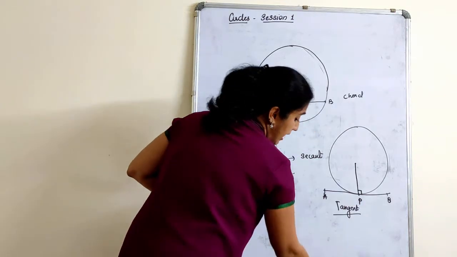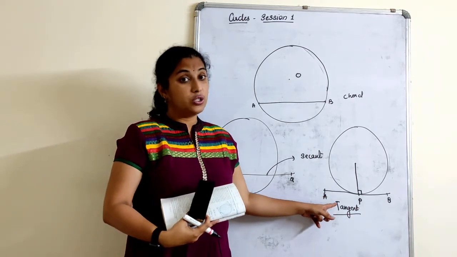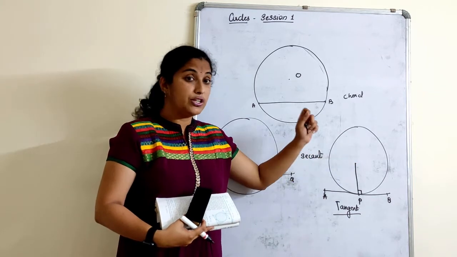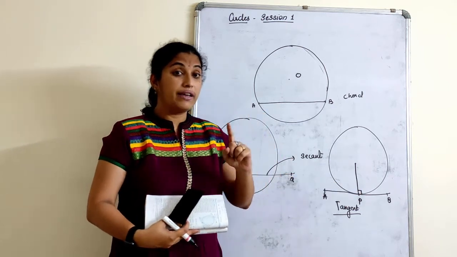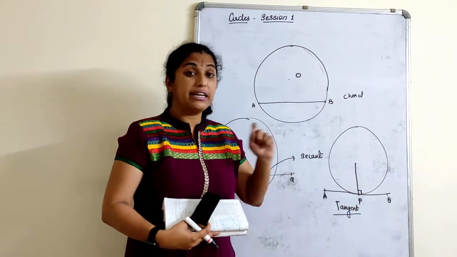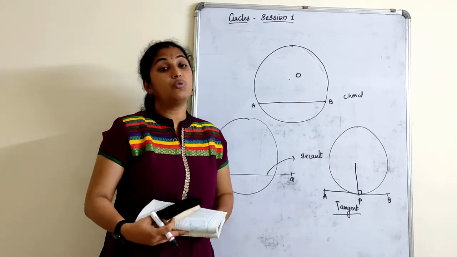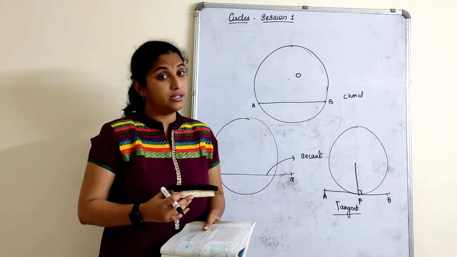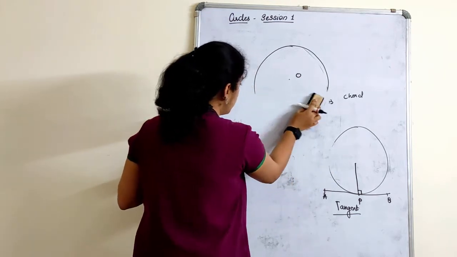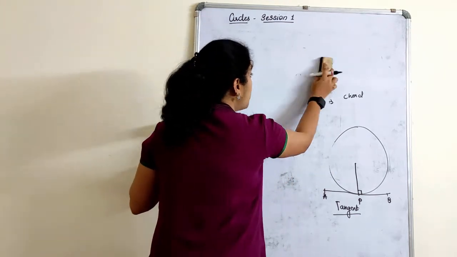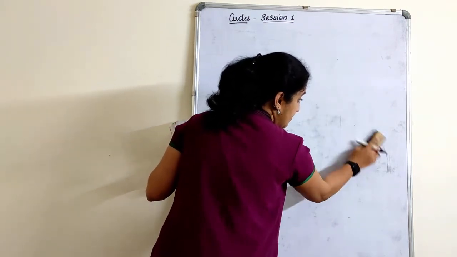Now, you also have a construction of this when we study the chapter on constructions. How do we draw a tangent to a circle, right? There we see that whenever we draw a tangent to a circle, the point of contact to the radius is always perpendicular. That means this angle when I measure, I always get 90 degrees. We have a theorem, and first we will do the theorem and then go to the exercise. What you all can do is give the heading as chapter Circle, then write down the points I will be sending you in a PDF and then start with the theorem.